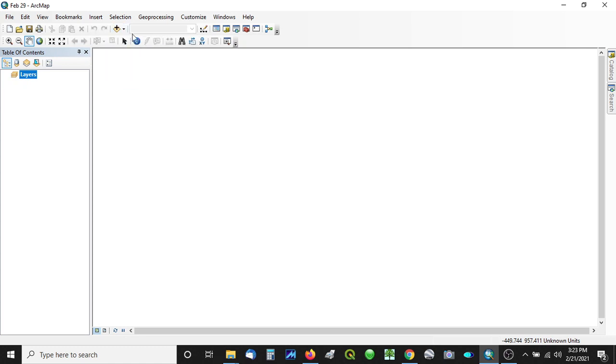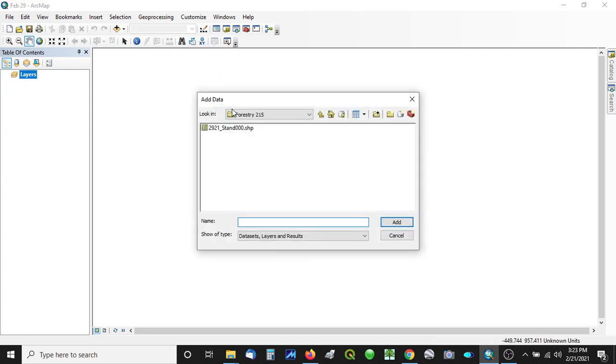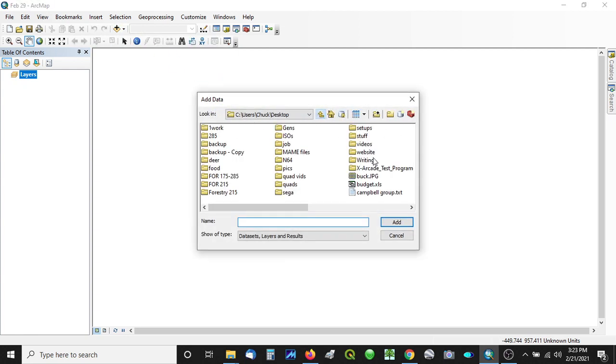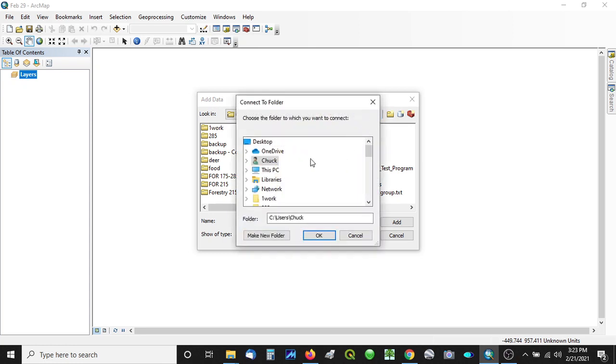In the menus here, you'll see this icon that looks like a sheet of plywood with a plus sign. We'll click on the little right arrow button right beside it and click Add Data. Now, the first time we go to a folder, we have to connect to that folder so ArcGIS can find it. So we're going to click on the folder with the plus sign, which is called Connect to Folder,